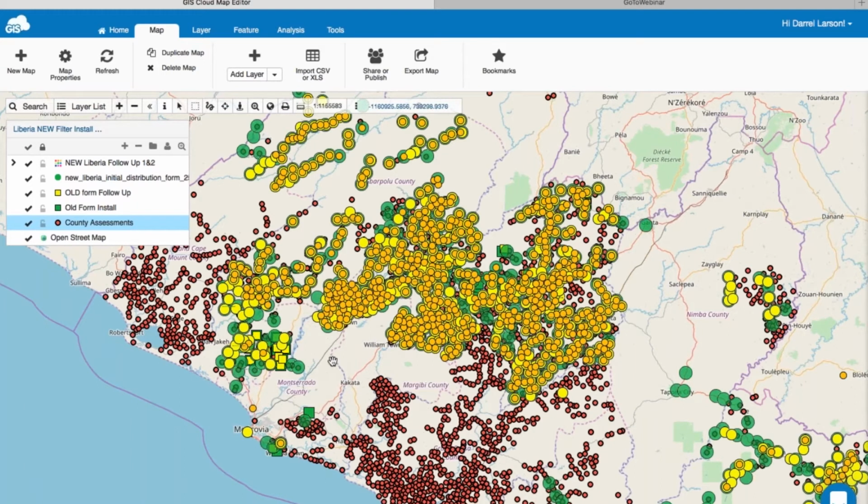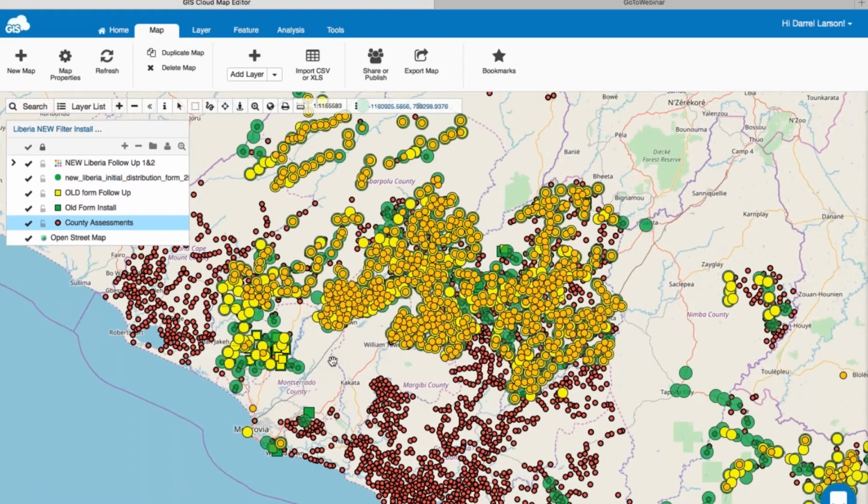And now what we're able to do is go out with tablets or smartphones, off the grid, and collect data with these forms, and we come back into a Wi-Fi signal. Our teams would then basically just hit a button on their tablets, and all of the data that they collected would be uploaded to a server. That information could be shared across all kinds of different platforms. So people in Liberia or staff in the United States, or anyone that's helping run the project, can immediately see every single thing that's going on here.